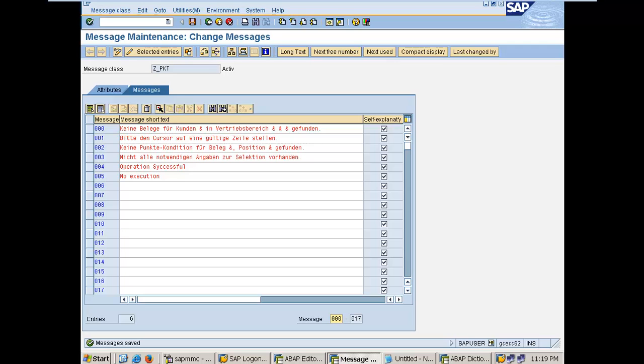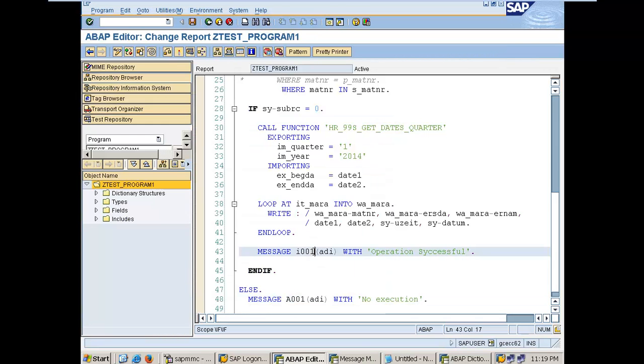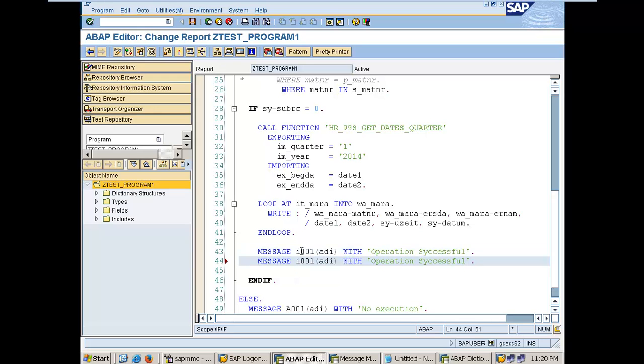So messages are saved under a message class g underscore pkt, and then the message 4 and 5 is useful to me. What I can do here is I'll comment this one, message I004